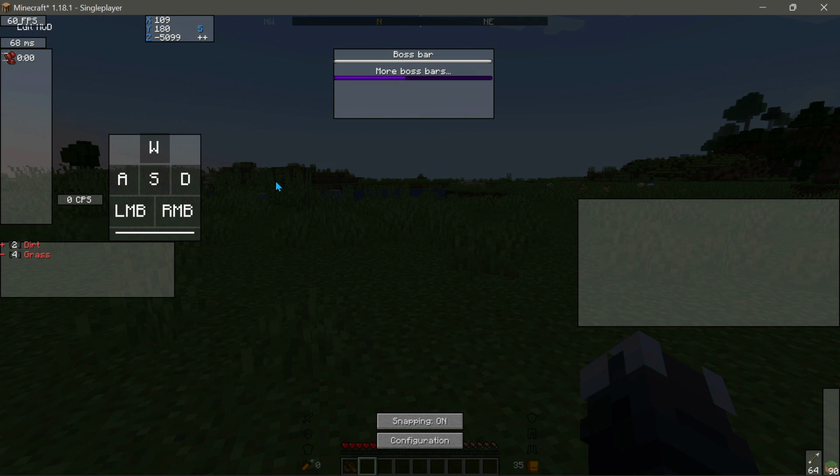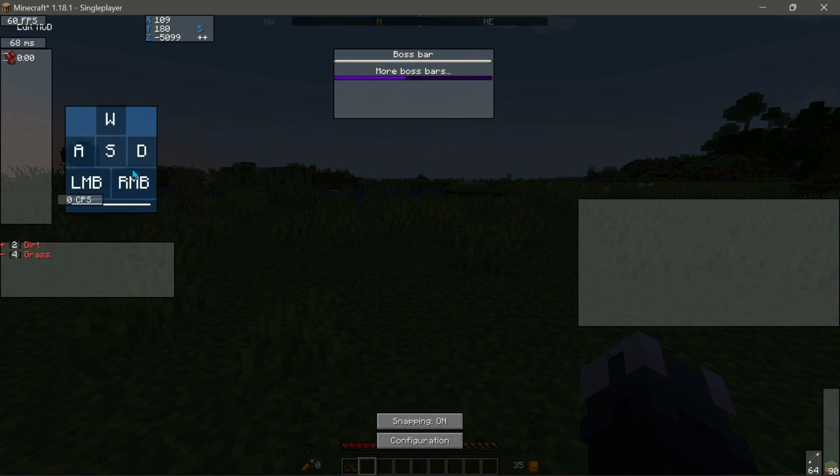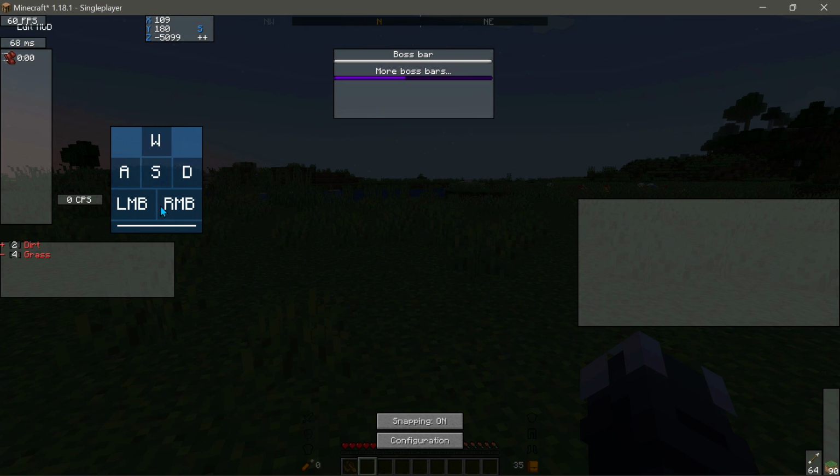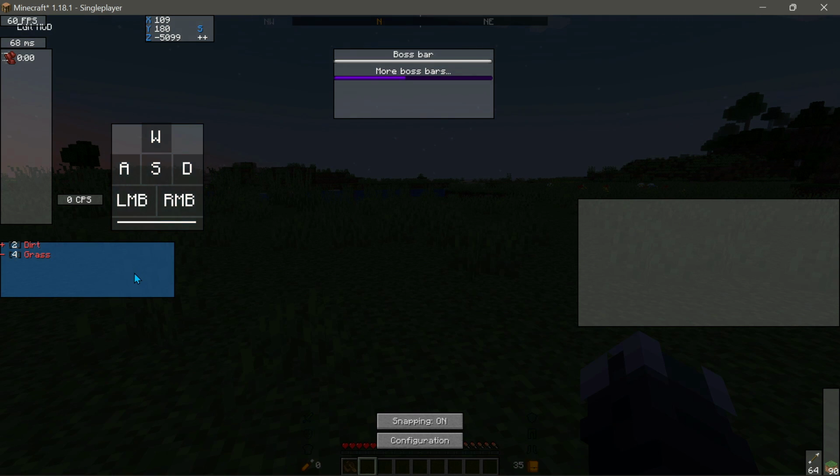So I would highly recommend that you guys definitely check out the Cron HUD mod. It's a really nice HUD mod for your Minecraft Java game. It has tons of features in it. It has the most important mod, which is the keystrokes mod, which we've all been looking for. And I know some of you have asked me about this in the comment section before. So if you guys are looking for the keystrokes mod, I would recommend you get the Cron HUD mod as well.